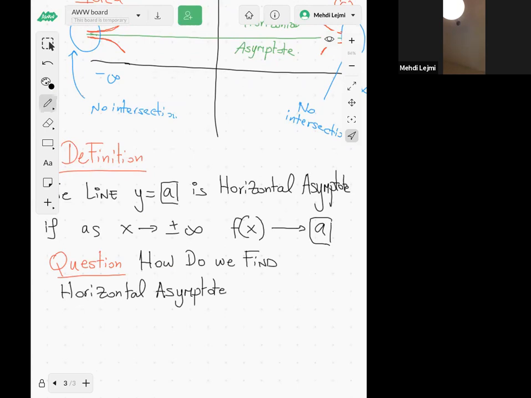For the vertical asymptote, those are the solutions of the denominator equal to 0, so it depends on how many solutions you have when you solve denominator equal to 0. For the horizontal asymptote, there's good news. You could have one horizontal asymptote or no horizontal asymptote. There is no more than one horizontal asymptote. So how do we find the horizontal asymptote